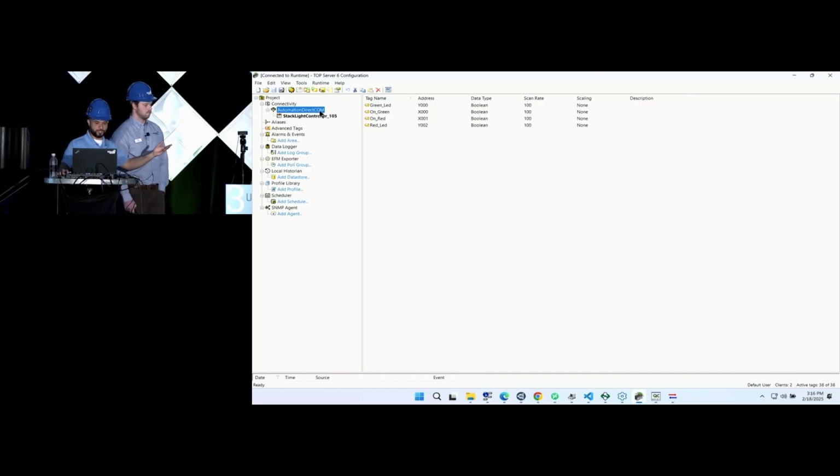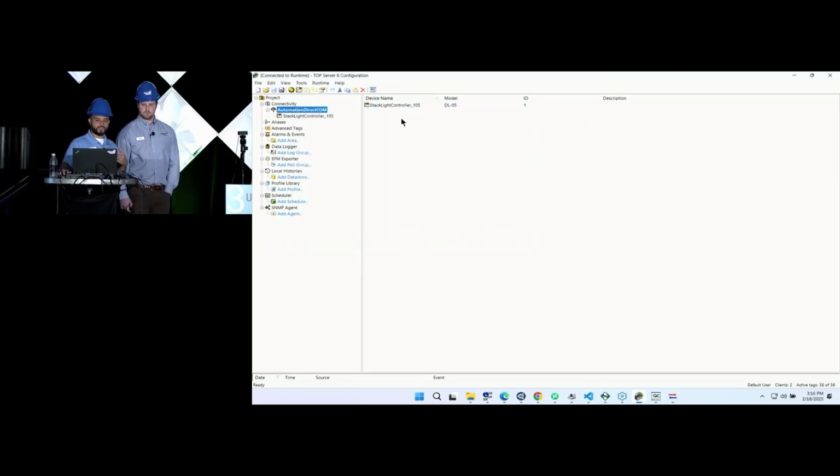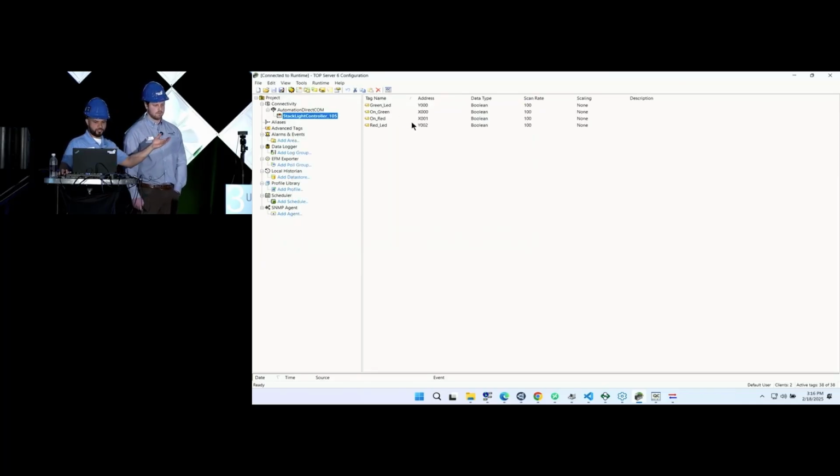So in this case, we're using the automation direct driver, okay? And then in our discussions, we discussed that this was just a simple latch, that if you wanted green, you have to set this tag high. If you wanted red, this tag high. Yep, exactly. Okay? And then that was pretty simple how it was configured. You gave us the addresses, we created the tags, and then PLCserver allows us to just expose that data via